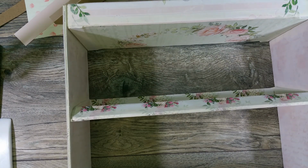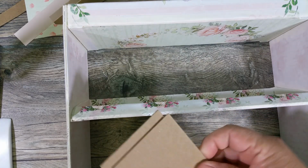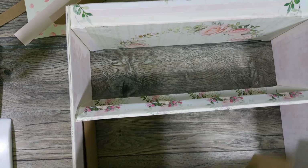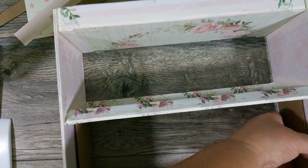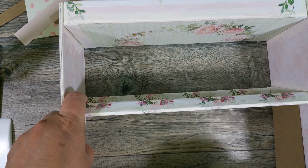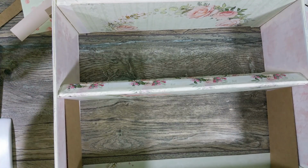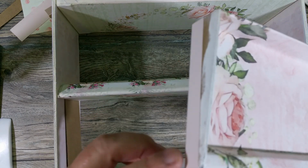So remember, if I were to take these two little pieces of chipboard, I'll show you that they fit flush in here, and that's what I used as my guide for how far I wanted my shelf to be, the space between my bottom shelf and my second shelf. And all I did again, I added glue to these sides. I added glue to the